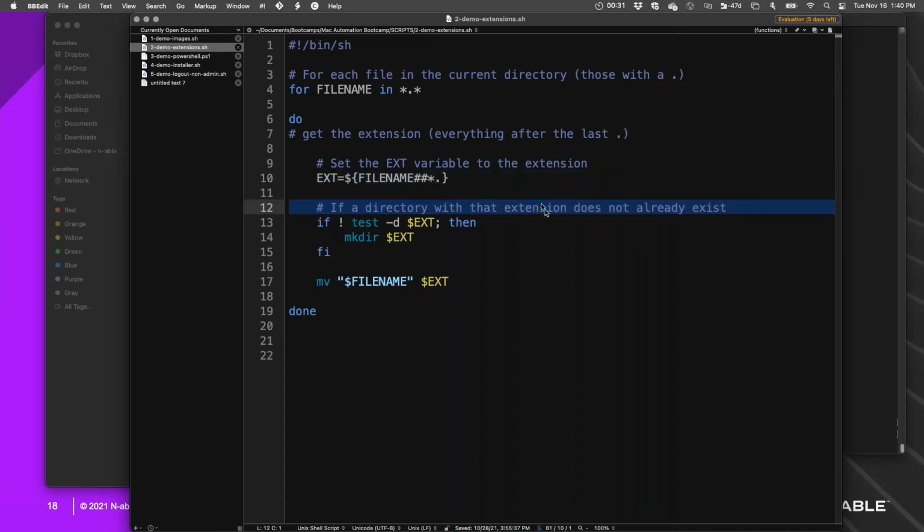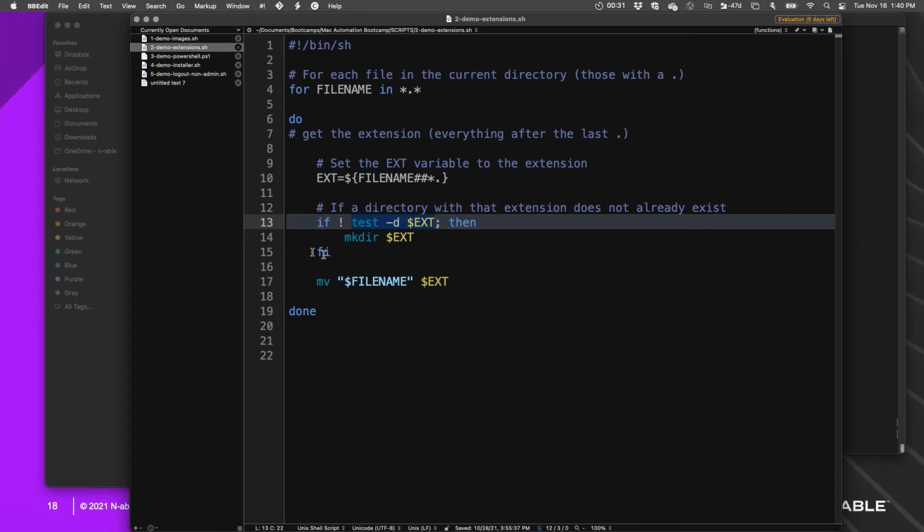So if a directory with that extension name does not already exist, I'm going to create it. So I'm going to do mkdir with, if the extension is PNG, it's going to make a directory called PNG, but only if that does not exist. So the exclamation mark or bang here is a not. This is testing to see if a directory, which is the D, exists with that name. So if that does not yet exist, I'm going to create it.